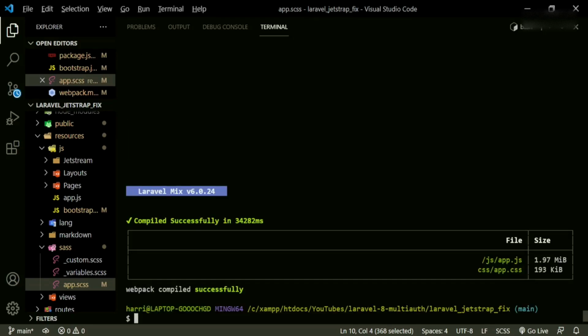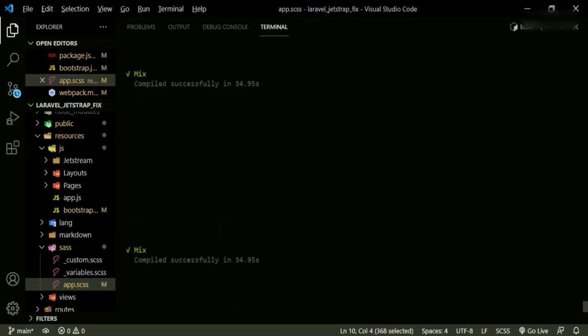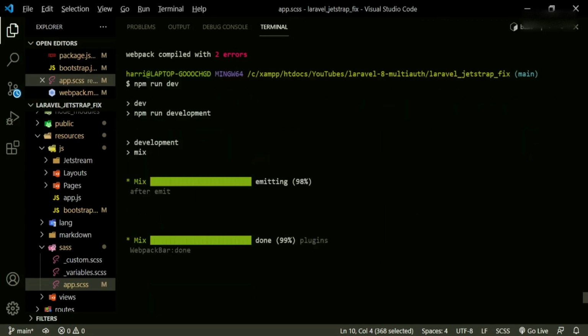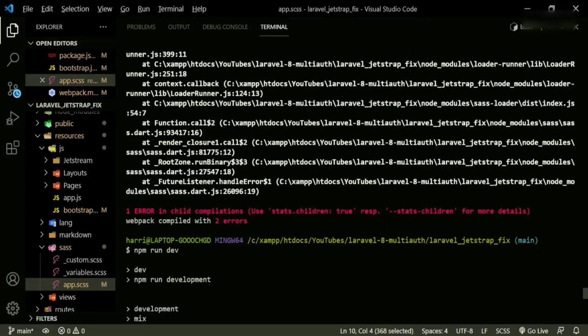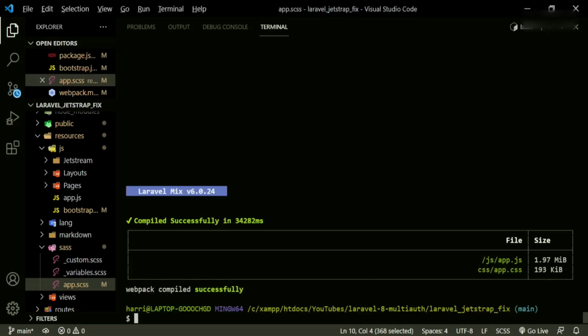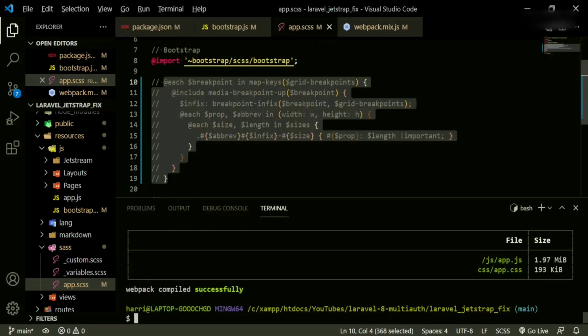Okay, so now we got a compiled successfully, and if we go up, we don't have any more errors. Those are the old errors. This is where I ran npm run dev. Okay, so why don't we give this a spin? I'm gonna open up,